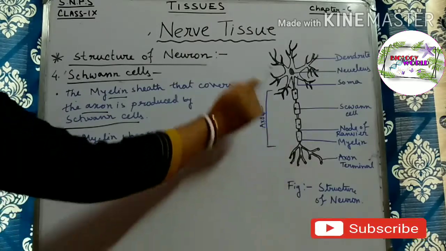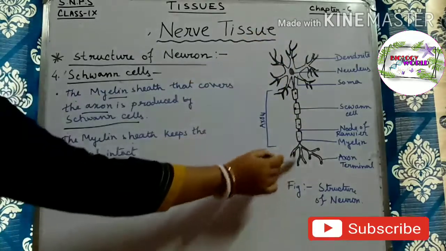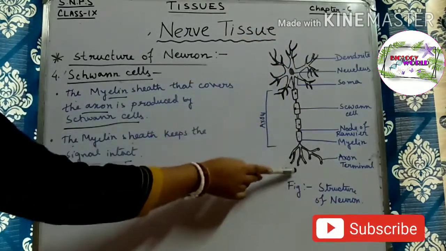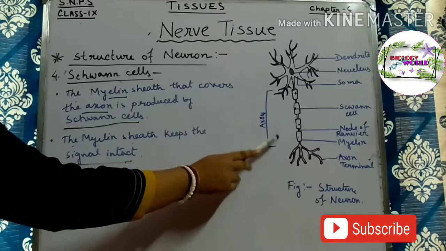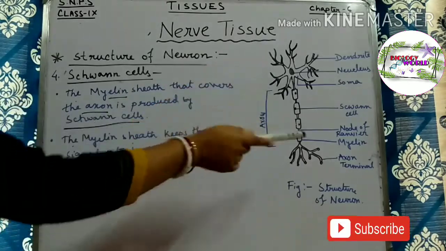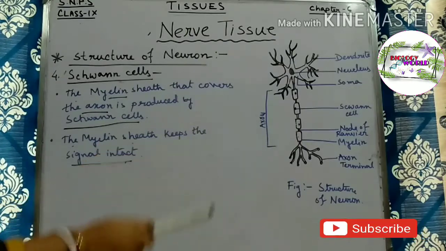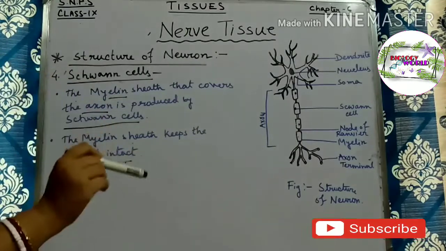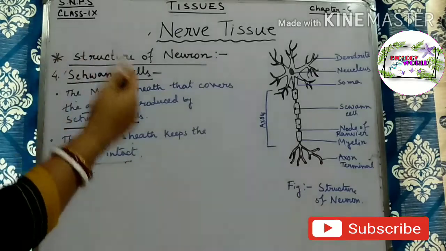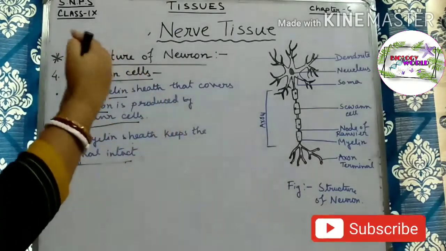After one neuron, there will be a dendrite structure of another neuron. So from this axon terminal, the signals go to the next neuron's dendrite. Thus a cycle will be completed and the chemical or electrical signals will be converted into